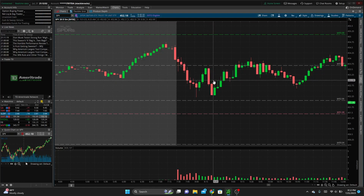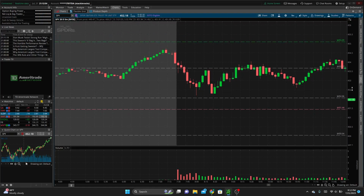I trimmed at 453, so I took 453 strikes. So I trimmed one once we hit 453, and it became in the money. That was a good move. And I immediately lowered my stop, and I just incrementally lowered my stop as we started this fall down here. Ultimately, I didn't sell at the very bottom. I was looking for my second price target of 452. I really wanted to touch this level,